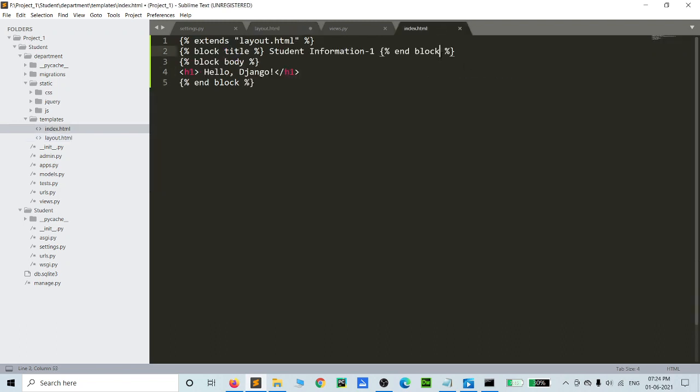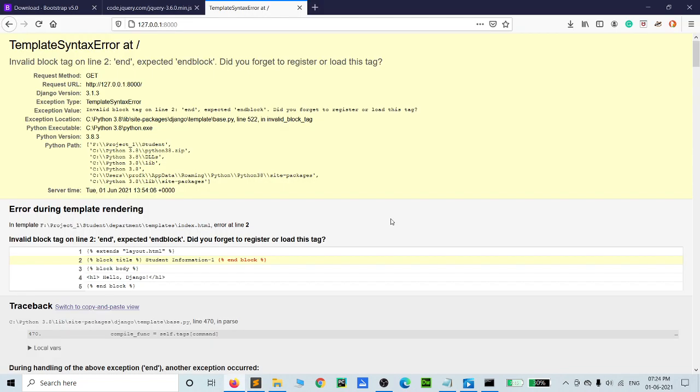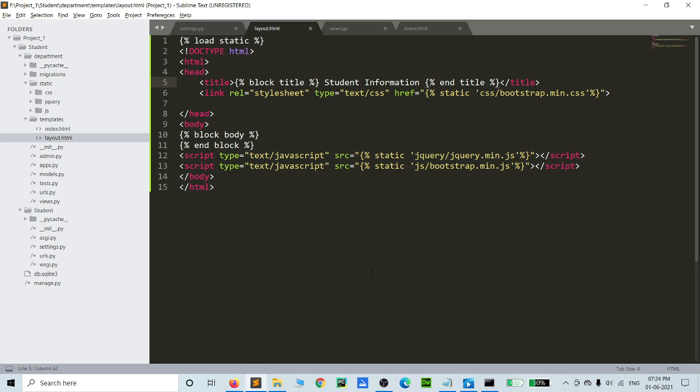So please change your error in all these files. This is the same. Sorry, this is not end title, this is also end block.